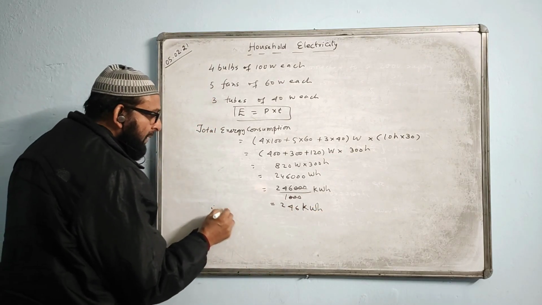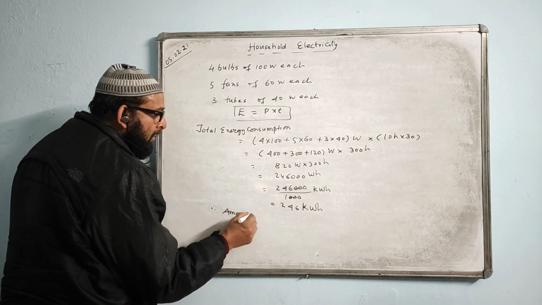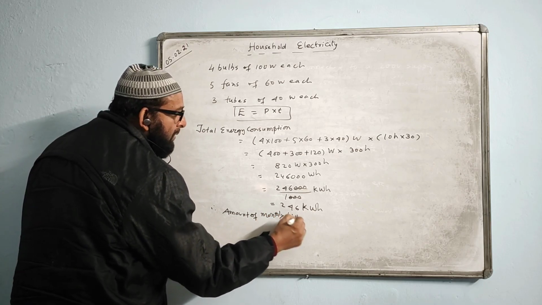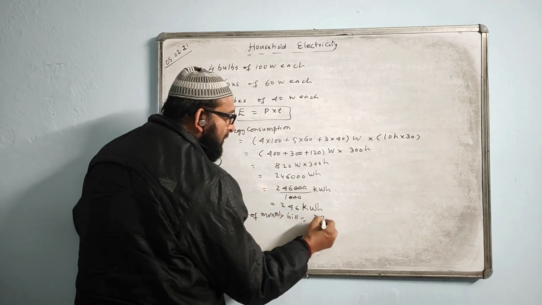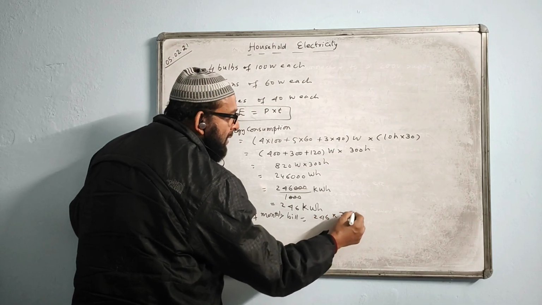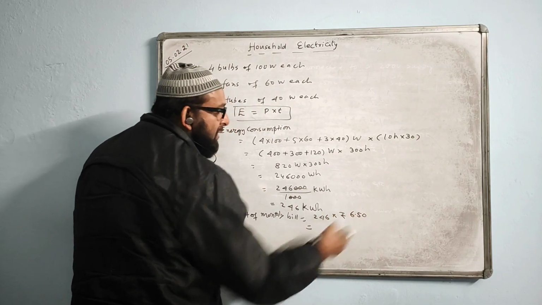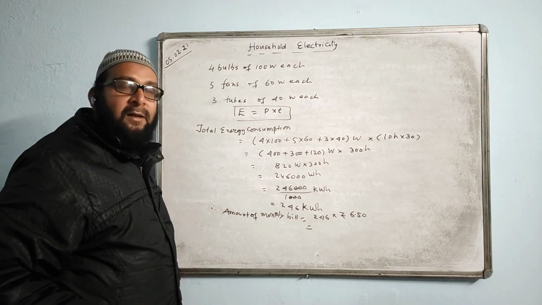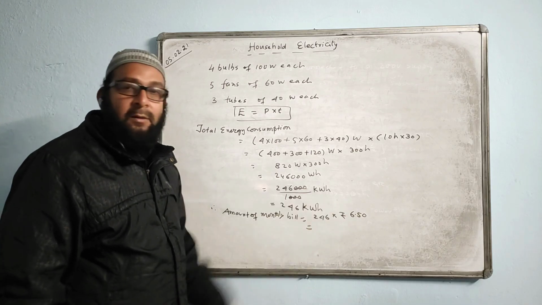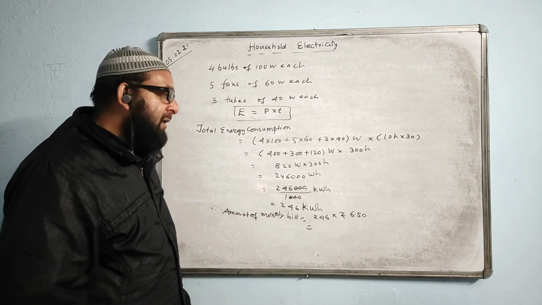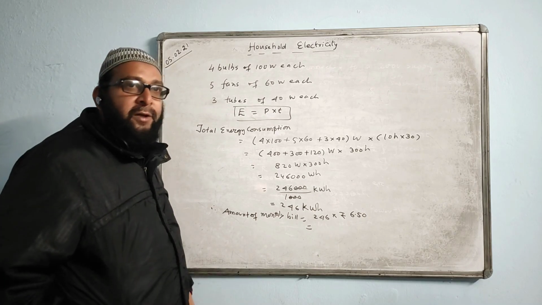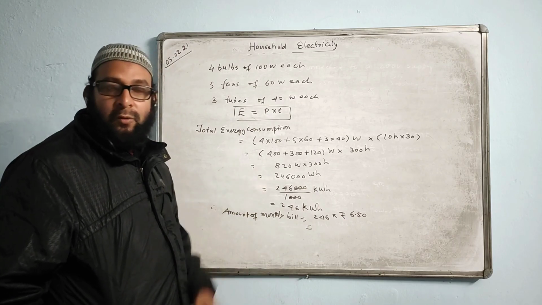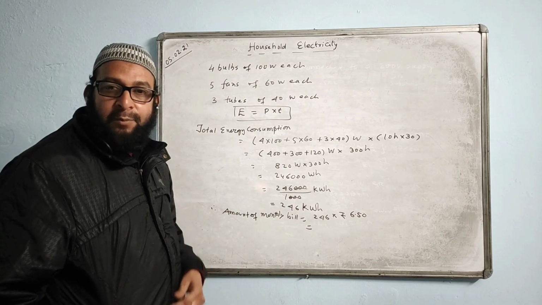Now I find the amount of bill. Therefore, the amount of monthly bill equals this value 246 multiplied by the rupees given charge, 6.50. We multiply with this and we find the answer. Whatever answer comes, we have to write the answer in 2 decimal places. Even if it comes as a whole number, say your answer is coming 148, then you have to write the answer as rupees 148.00. 148.00 you have to write.